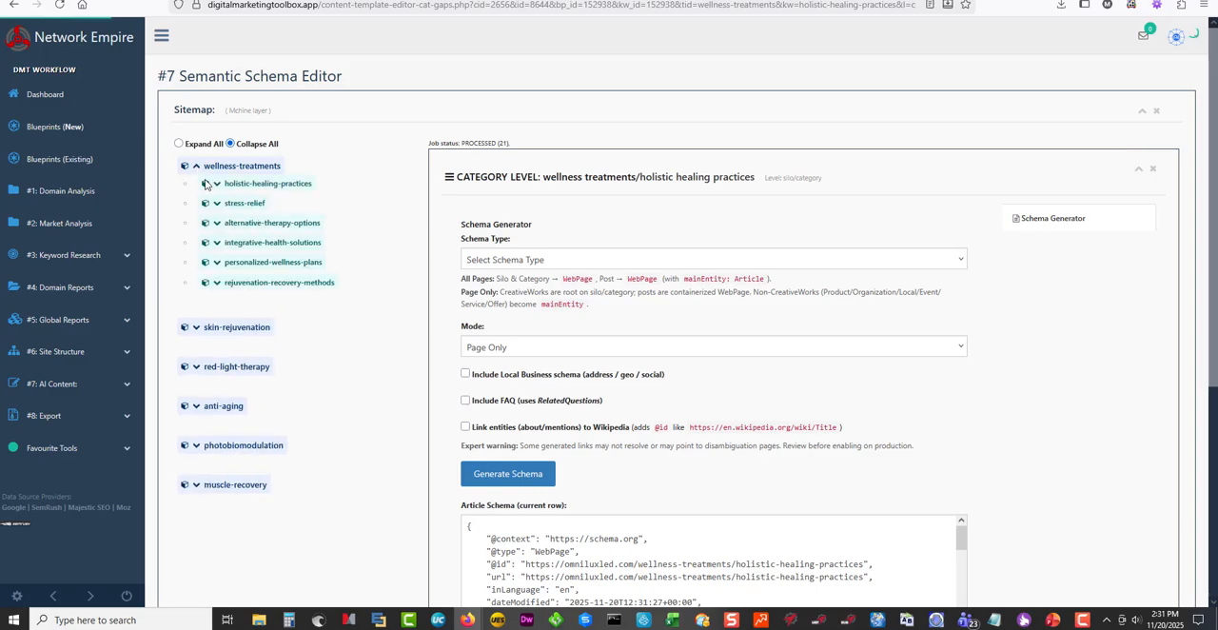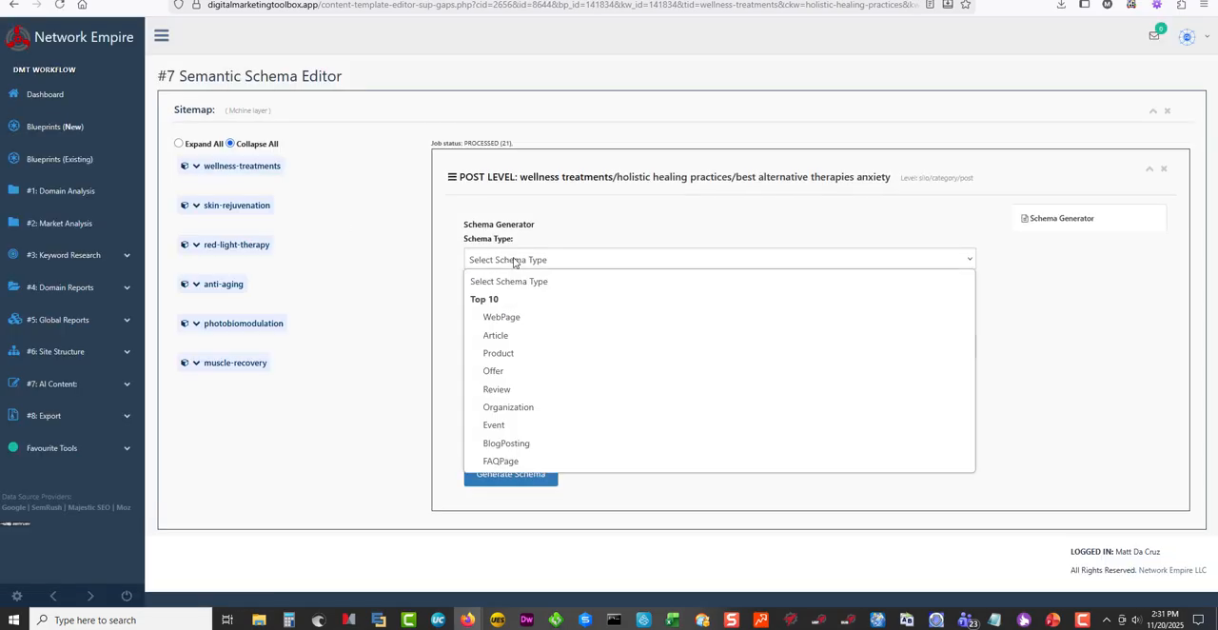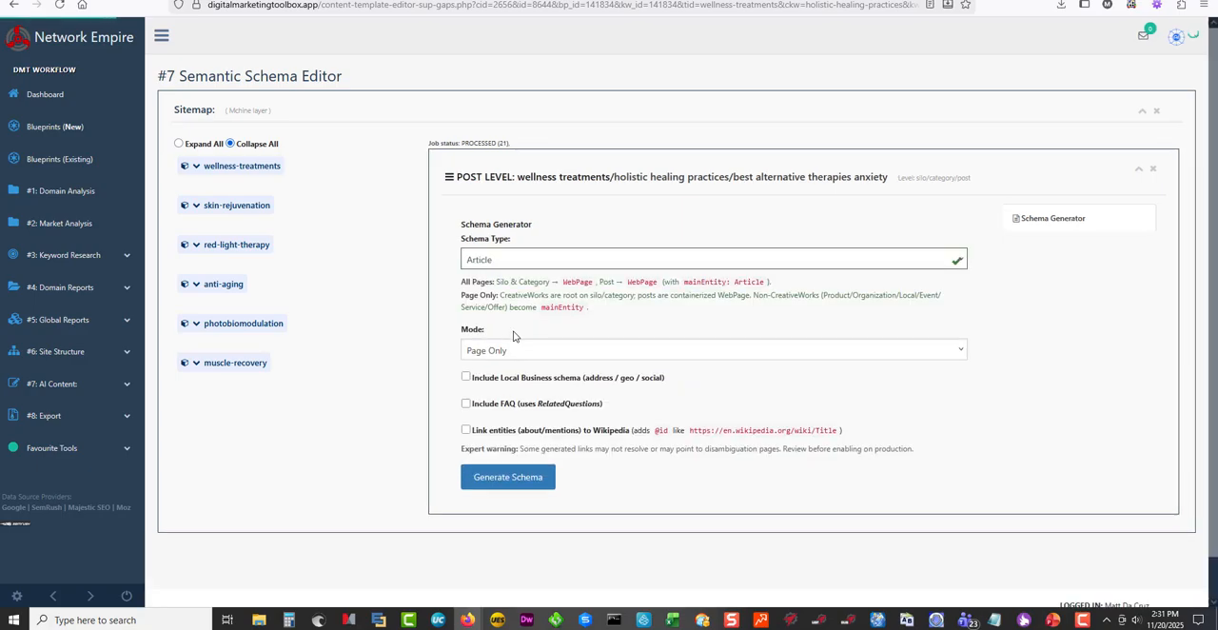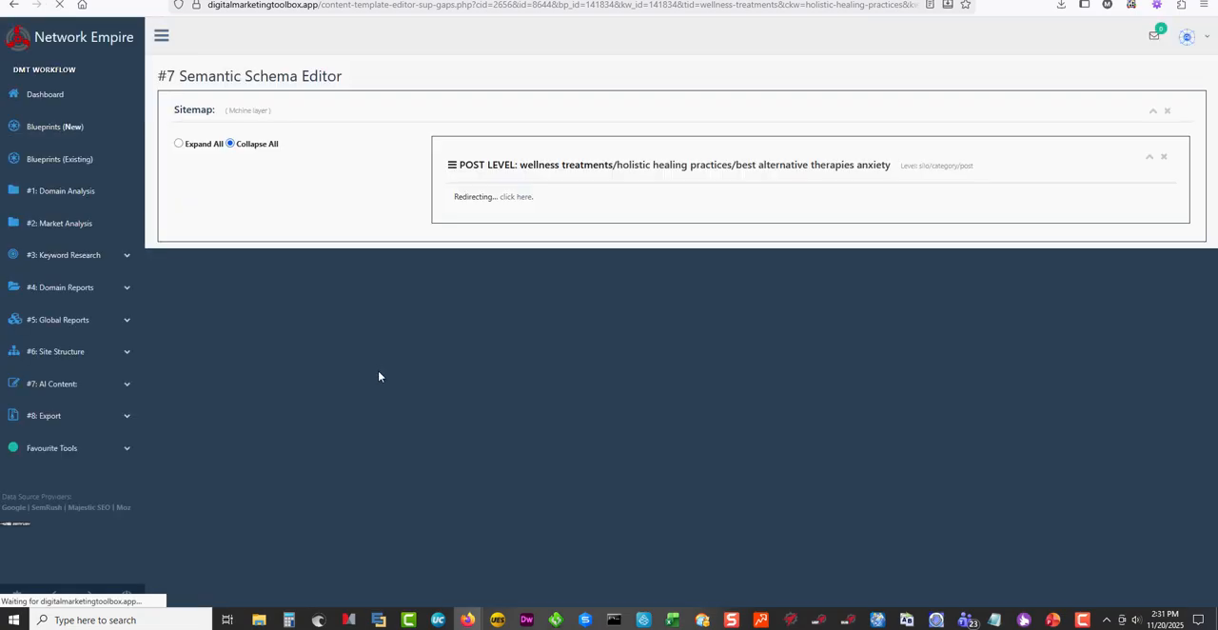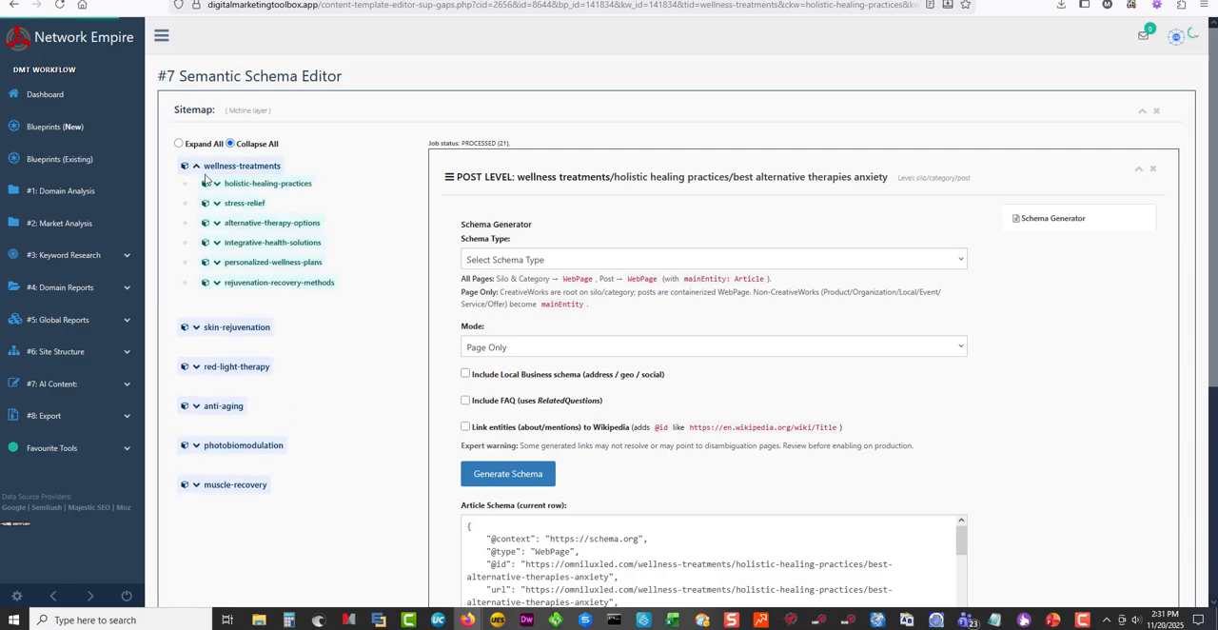Then I'm going to drop to my post level. I'll click on the cube. And because it's a post, I'm going to make it an article. I'll say all pages. And I'll say generate schema. So now for every single page, if I'm working and I want to expand this, let's just say I want to expand the holistic,